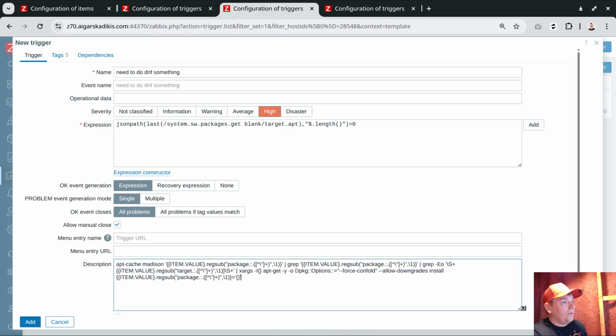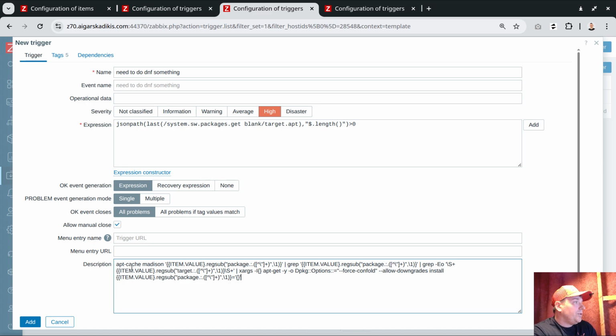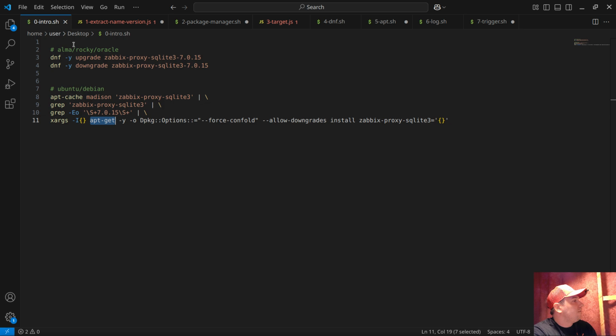Let's just explain what happens. This time it's not DNF upgrade or downgrade, it's apt cache Madison. This command will tell everything. It is looking in the apt cache and looking if there is such a package even installed. This is almost for protection. If the script starts to repeat more than one time, it can stop it right in the middle. If the target version is there, then just do not do anything, because the grep failed